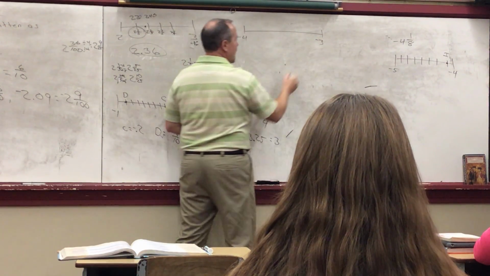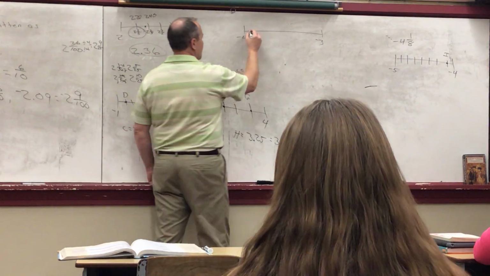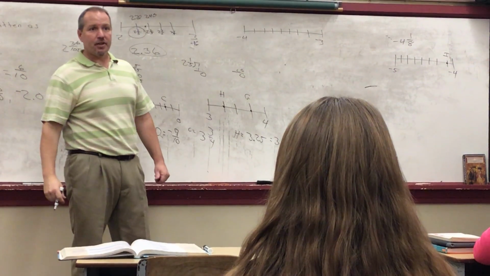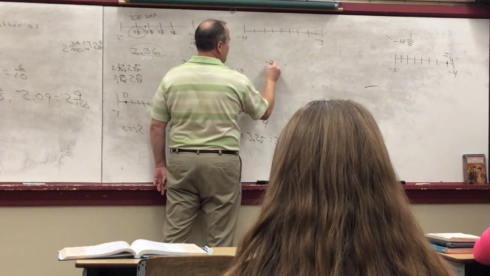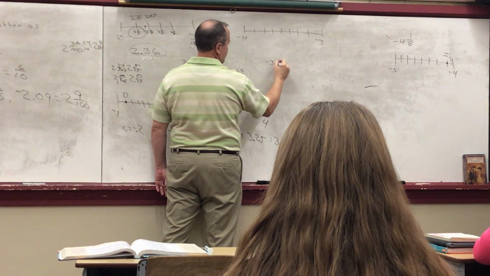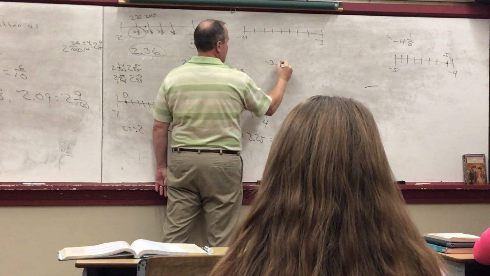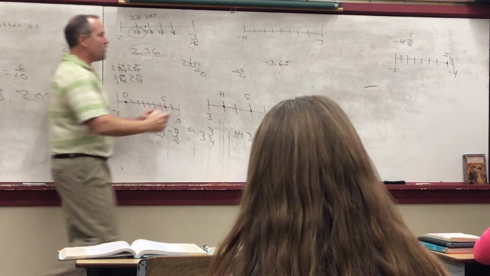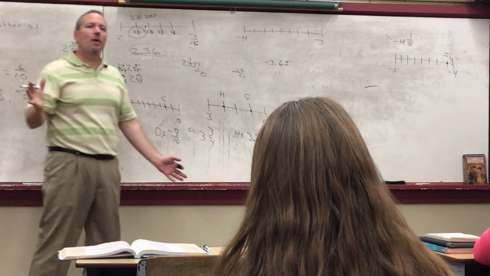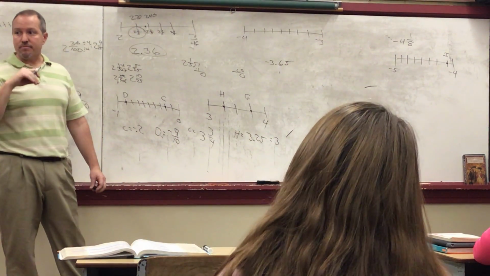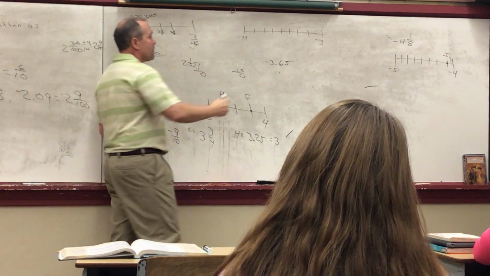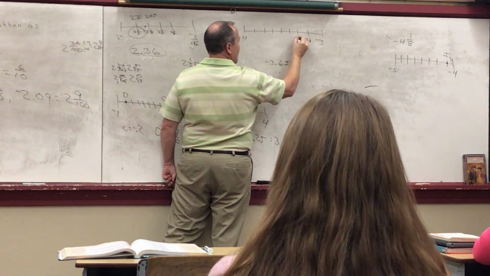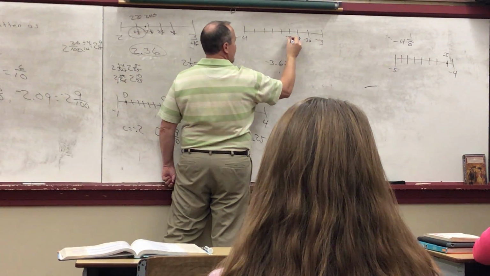-4, -3, and let's say it's broken into 1, 2, 3, 4, 5, 6, 7, and 8. Okay, and let's say we want to find out where -3 and 6500 is at. We know it's somewhere between -3 and -4, but we don't know where. Agreed? So, I'm broken into 8 sections, so this would be -3 and 1/8, -3 and 2/8, -3 and 3/8,